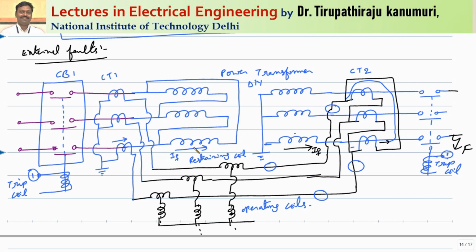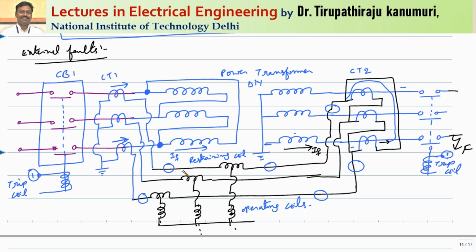Agree with me? So this current is in turn supplied by, because this coil is connected one side to this one and one side to this one. That means because of this, this is also affected as well as this is also affected. So this will also share some part in the fault current. You can see here, this side also both the R phase as well as B phase is affected.